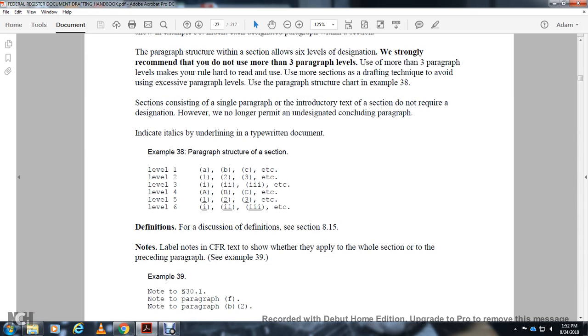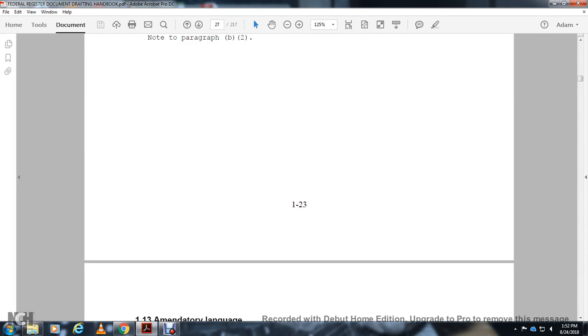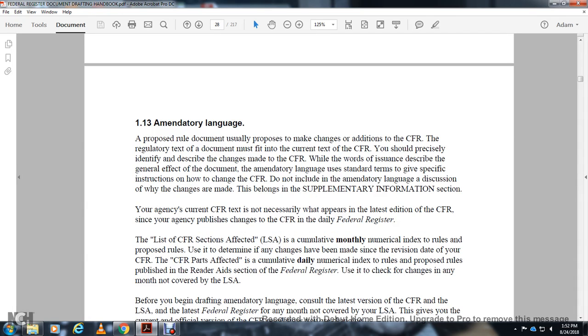Definition for the discussion definitions, see section 815. Label the note CFR text shown whether they apply to the whole section or the preceding paragraph, see example 39. Mandatory language. As proposed with the document, usually proposed with the make of the change of addition with